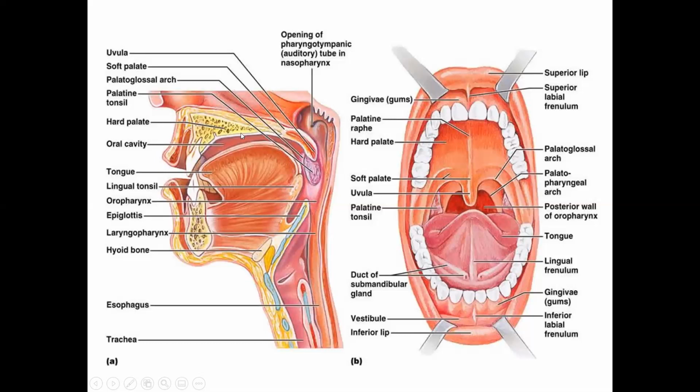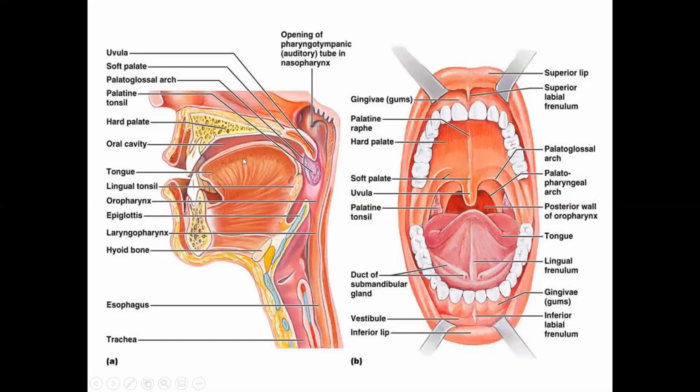The anterior 2/3 of the roof is formed by the hard palate, which is formed by the maxilla and the palatine bones, while the posterior 1/3 is bounded by the soft palate, which is composed of the muscles of the soft palate. It is covered with mucous membrane, as is the bony structure. You can see here, it is covered by the mucous membrane. And the roof of the oral cavity separates the nasal cavity from the oral cavity as well.